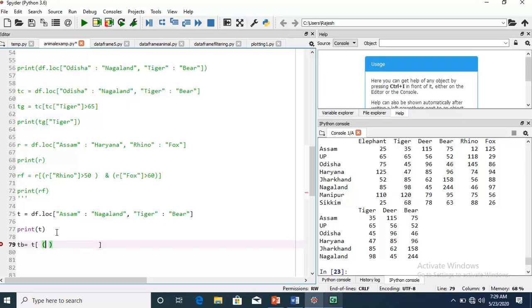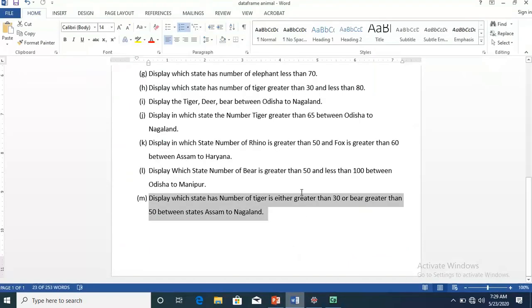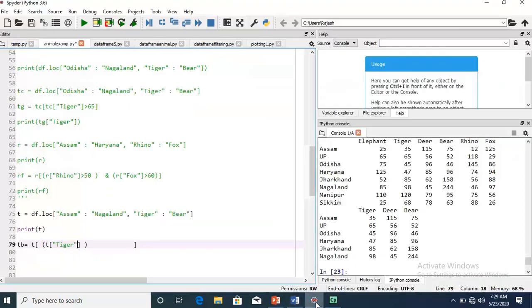First the parenthesis, then t, then square bracket, then the condition: tiger is greater than 30, using the relational operator, and then here I will use the or operator. Because it is either-or, if any condition is satisfied, you display the data.